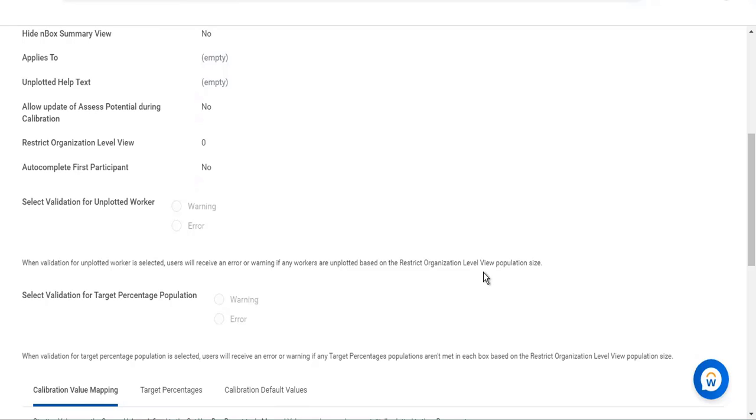So if there is any restriction at the organization level, here 0 means no, 1 means yes, you can assume it that way. And in case it is 1, if there would be any such worker and we want to highlight that maybe as an error or a warning,